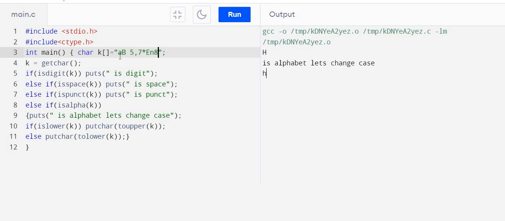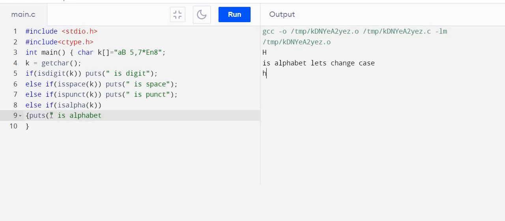Now let's check what is the status of every character. Is it alphabet or space or punctuation, that we'll find out. So don't change the case, just give this message: is alphabet, and write our normal statement. Okay. Now these characters we have to check. Now this is a list of characters, an array. So for that we need some counter. A counter can be an integer or a character also. So character i is acting as a counter for the loop.